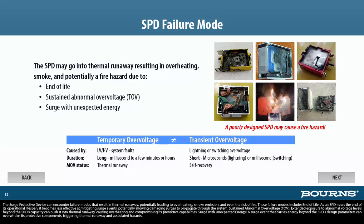Sustained abnormal overvoltage, or TOV. Extended exposure to abnormal voltage levels beyond the SPD's capacity can push it into thermal runaway, causing overheating and compromising its protective capabilities. Surge with unexpected energy. A surge event that carries energy beyond the SPD's design parameters can overwhelm its protective components, triggering thermal runaway and